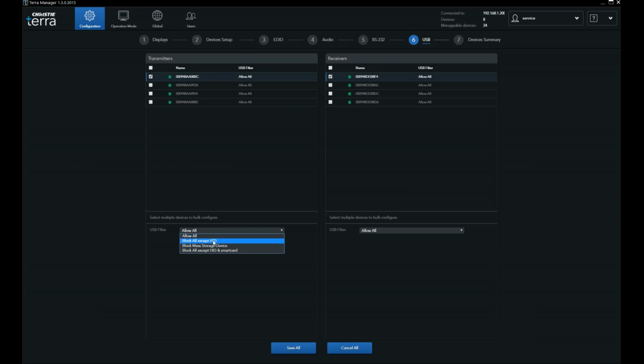If you select block all except HID devices, only HID devices will be allowed. So an HID device, that'll be a keyboard or a touch panel, a touch screen, a mouse, things like that. Human interface device. Okay, you can allow everything except for mass storage devices. So you can block mass storage devices, and you can also block